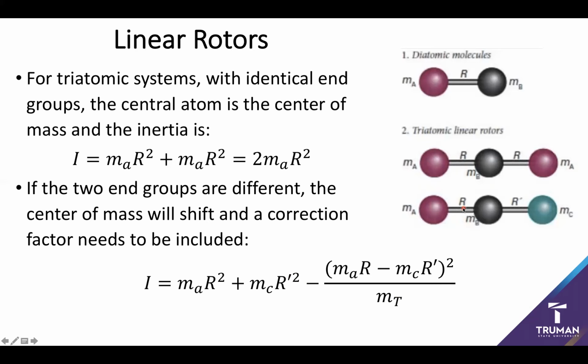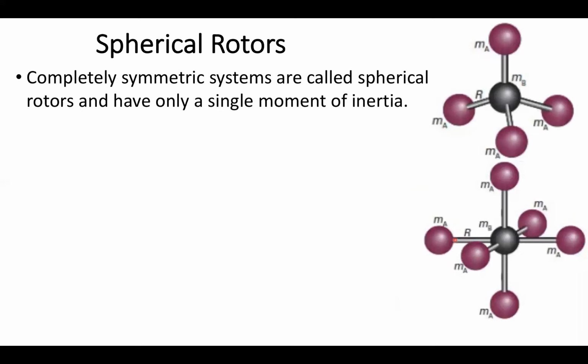However, it also turns out that not all molecules are going to be linear. So the next most complicated system is called the spherical system. So these are spherical rotors, and one of the ways you can think about it is that these things are going to be very symmetric, and the center of mass will actually be the center atom. So we have two classic cases of a spherical rotor, and those are